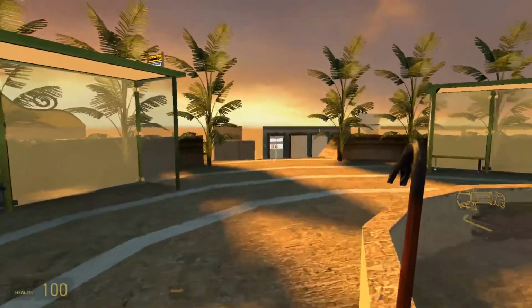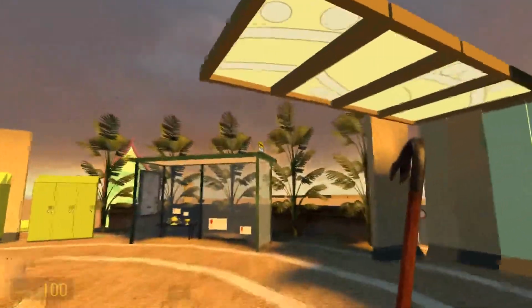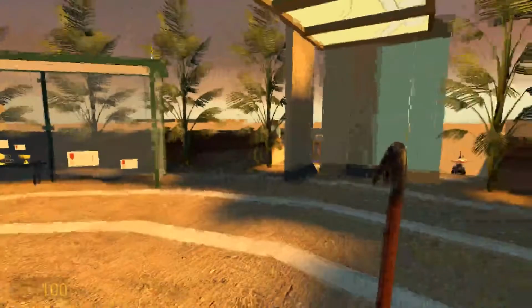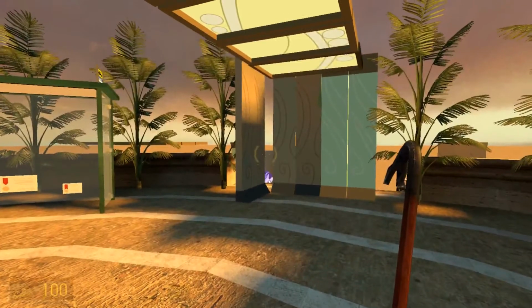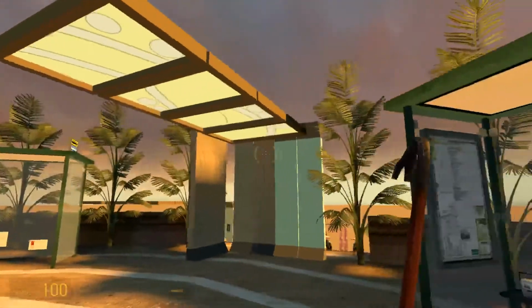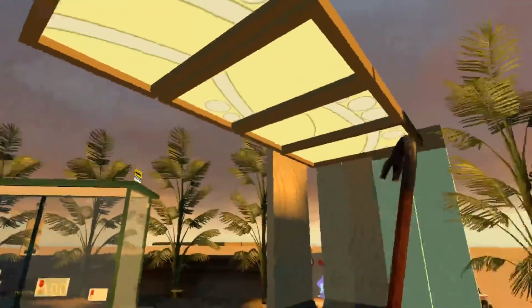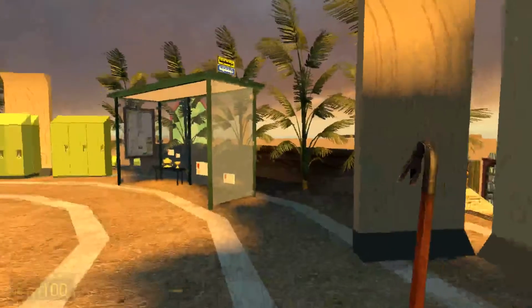Now this map right here is a little beta testing map I made to test all the props made for the map. You'll see, as you may be able to hear in the background, it has the Access Express music again, because I like that song. And here's this little desert oasis. Here's the lights, the wall pillars,